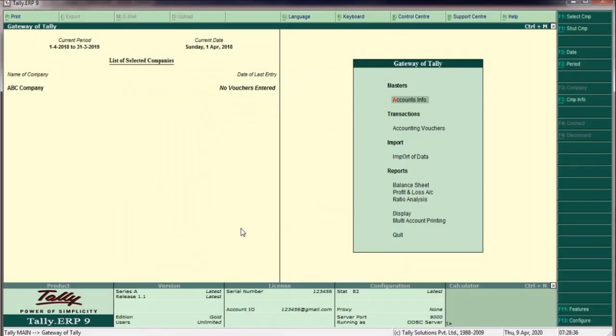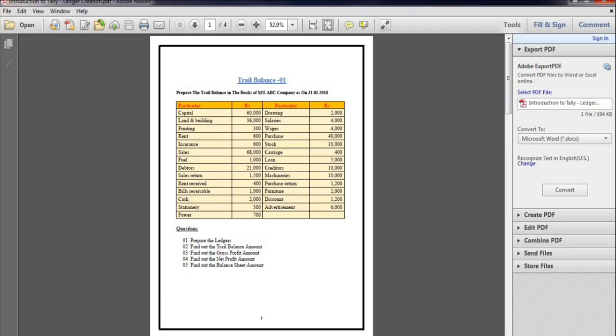First, I have created the ABC company as per the question, and you can see that the current period is 1/4/2018 to 31st/3/2019. The current date is Sunday 1st April 2018. I have created it just for the accounts only, and first I have to see the question. So the first one, capital account, we have to create the capital account and we have